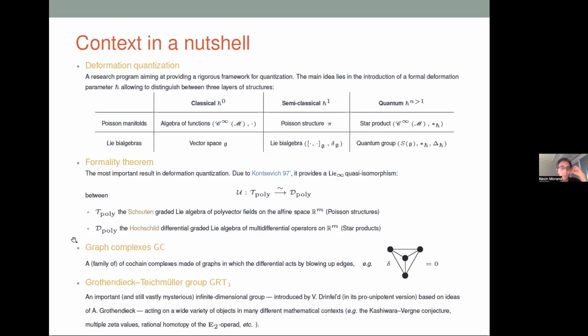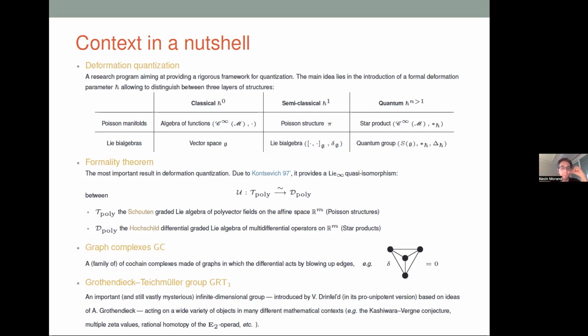Another tool that has been introduced by Kontsevich and which will be relevant for us is the so-called graph complexes. These are families of cochain complexes which are made of graphs. These are algebraic objects which are very easy to define, and they form complexes, so there is a differential that acts on these graphs. For example, this is an example of a cocycle. We are interested in the cohomology of these graph complexes. Notoriously, this cohomology is very hard to compute, but there are some results available in the literature that we can use in order to gain some insights regarding